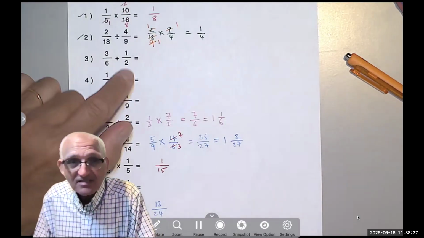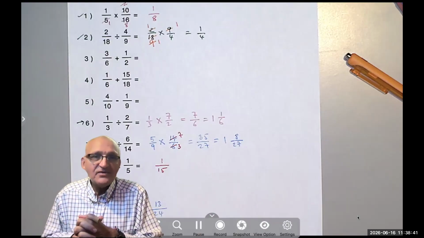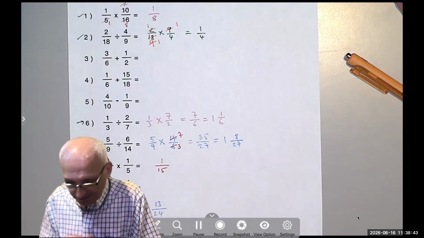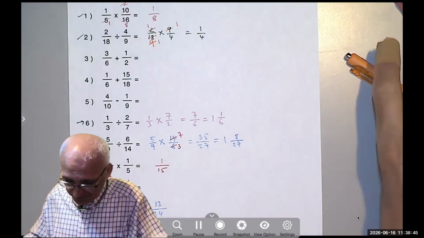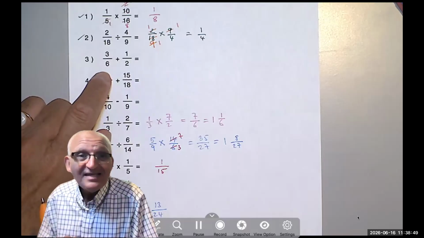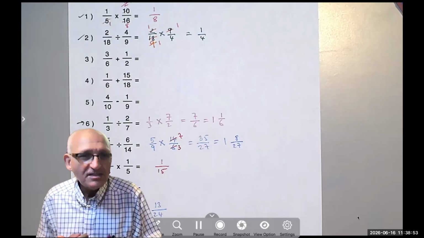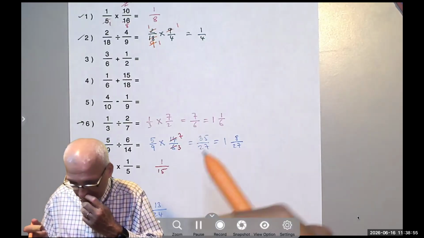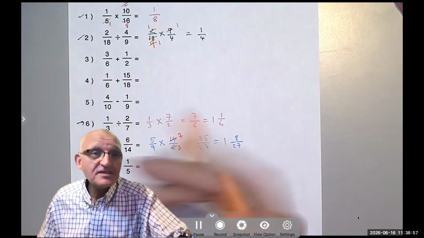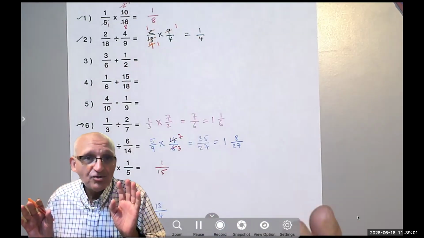When you add and subtract, it's a must. You have to have the same denominator. So I have a 6 and a 2. So what do we do? We find the least common multiple. And how do you find the least common multiple? It's very easy. I mean, worst case scenario, you multiply the numbers and make it everything out of 12, and